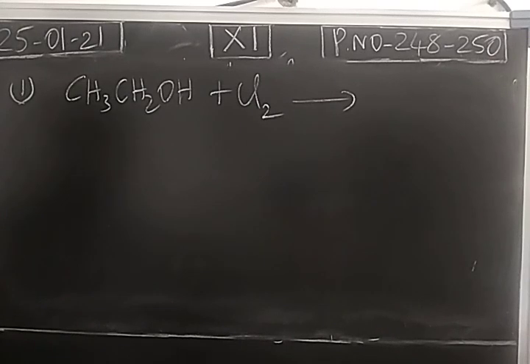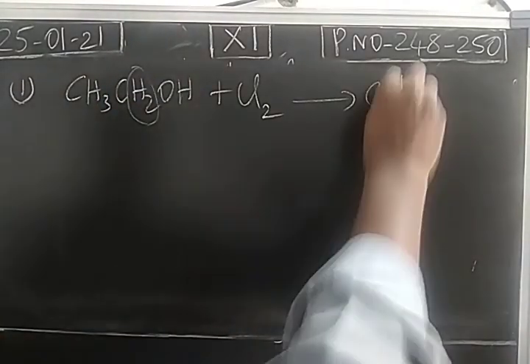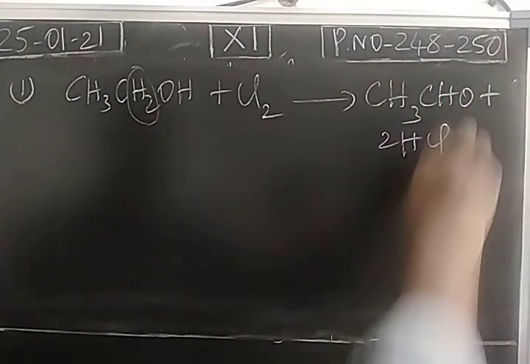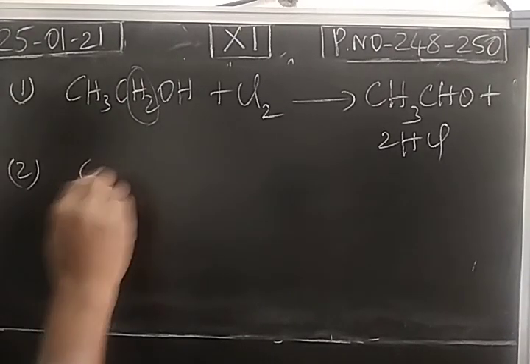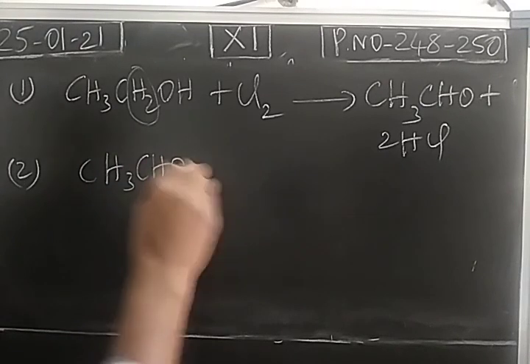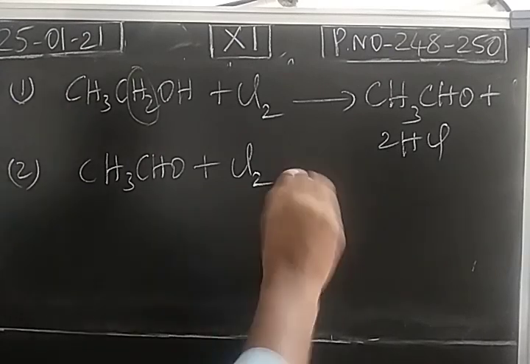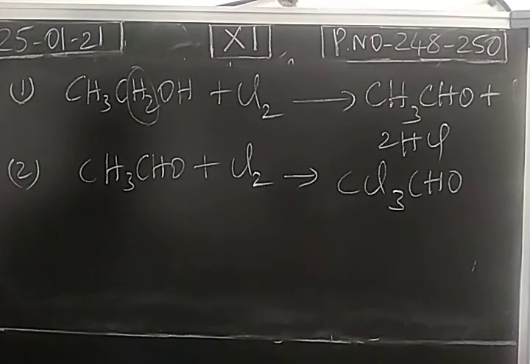So we know the definition. Addition of oxygen or removal of hydrogen is an oxidation process. So here hydrogen will be removed. So removal of hydrogen is an oxidation process. Remaining we will get acetaldehyde with the liberation of hydrogen chloride. Second step, chlorination process. The produced acetaldehyde is chlorinated. The hydrogen is replaced by chlorine, so we will get trichloroacetaldehyde. 3 hydrogen atoms are replaced by 3 chlorine atoms. We get trichloroacetaldehyde.